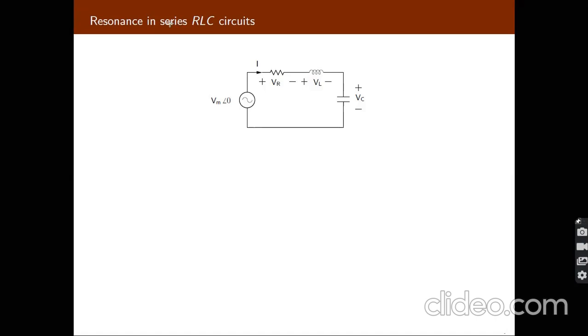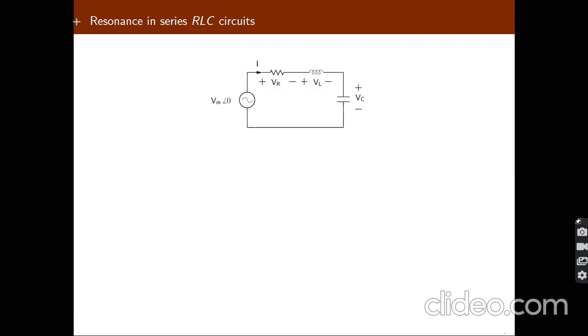See here, the first point is the resonance will occur in AC circuits. And second is the resonance will arise whenever the circuit contains the storage elements. Storage elements are inductors and capacitors. If these two are available in the circuit, then we can identify the resonance in the circuit.